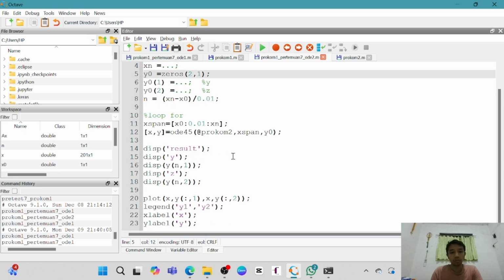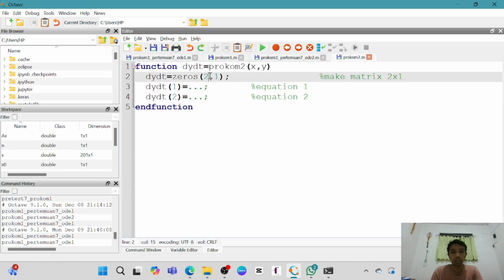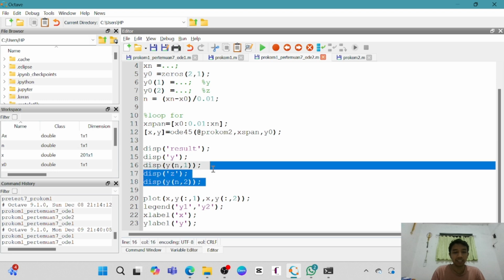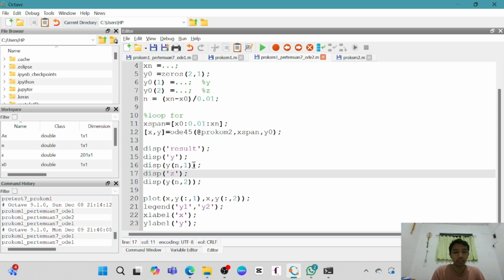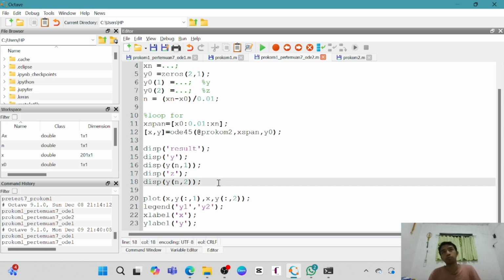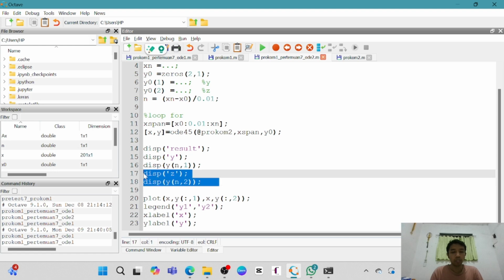Also, in the problem 3 function, this matrix has to be changed too. Then you also add additional values for this. If we seek one value, we just have this one. If we want to seek two values, we also put this.